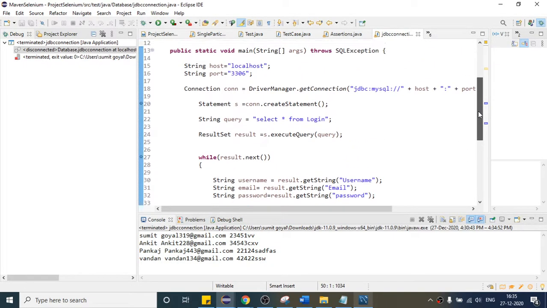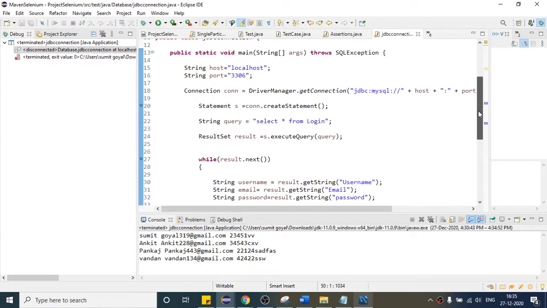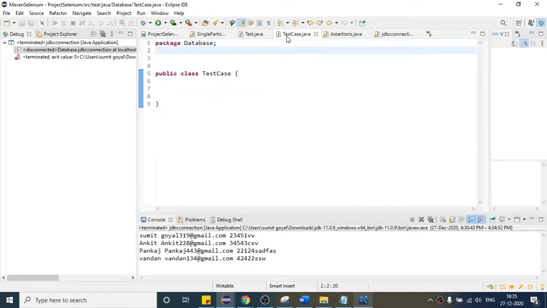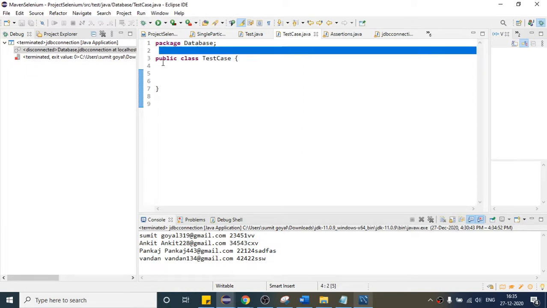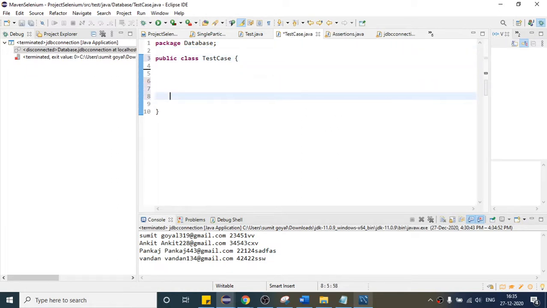where, so let me do one thing. I will create one class, so that let me not directly run this class. I will create one separate class, which is this one. So inside this class, what I will write here, I will send the name. Suppose the user will enter Sumit, so he should get the data of Sumit.